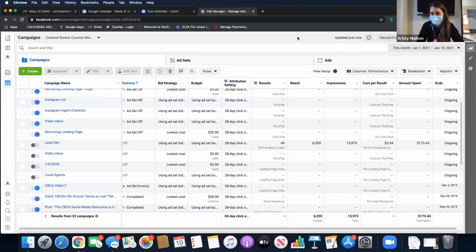The cost per lead totally matters because that's how much it's costing you per result that you're getting. And the whole idea of a lead gen ad is to get results, right? It's not like an ad where we're trying to get traffic. Like when you boost a post, it's nothing like this ad that we're going to create today. Boosting a post is just getting more traffic on whatever it is that you have in front of you. That's just exposing it. So yes, $3.54 totally matters.